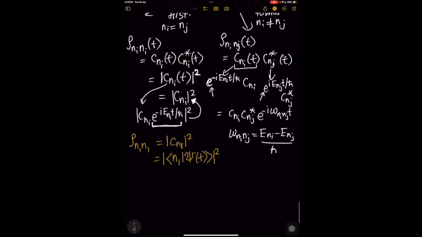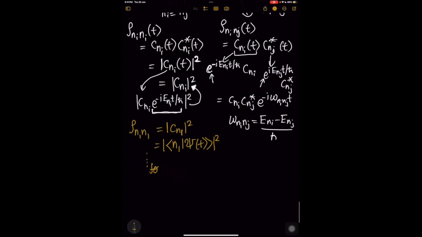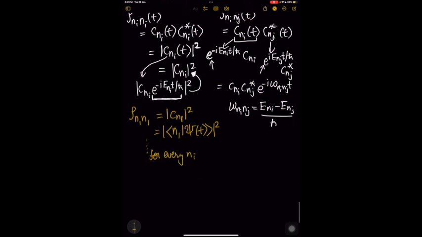So it's essentially the probability of the quantum system being found in state n1. So this is applicable for every ni. So the diagonal terms of the density matrix are populations,